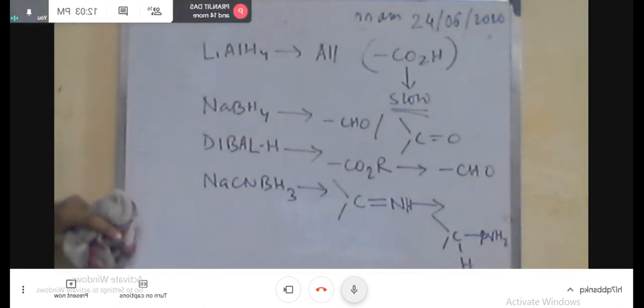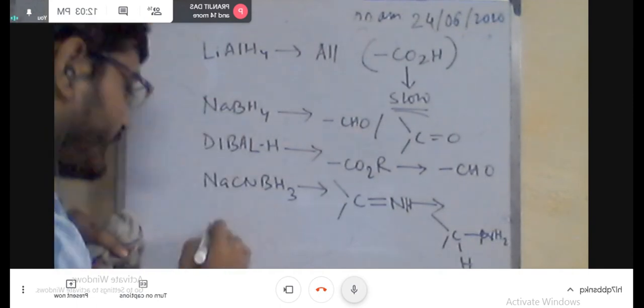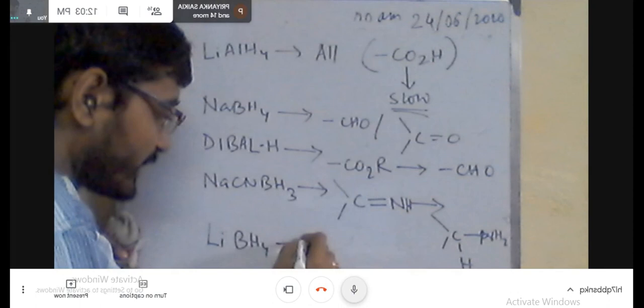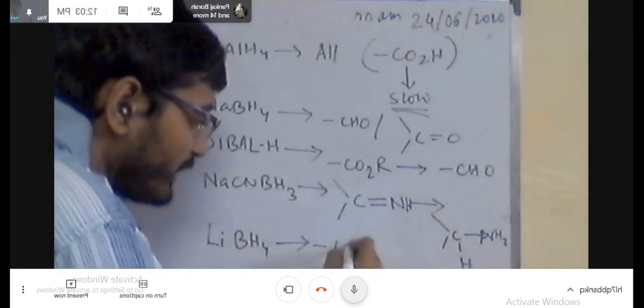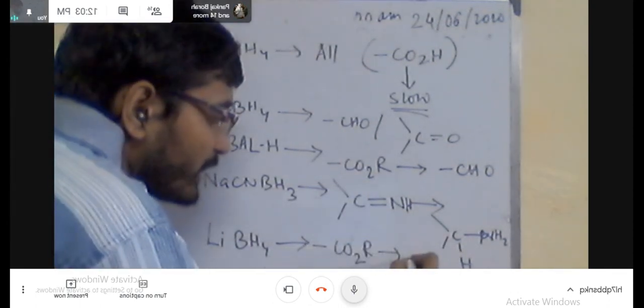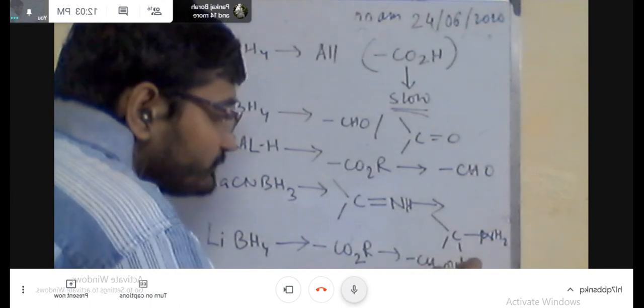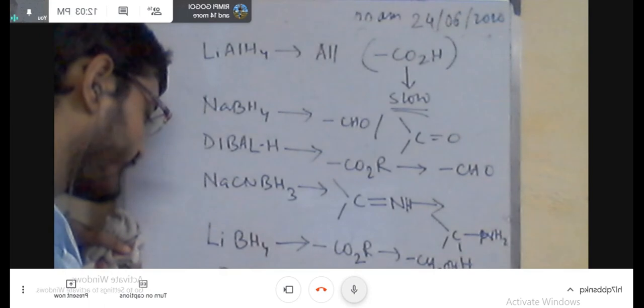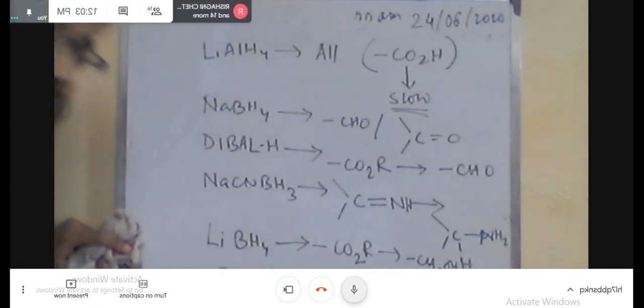So that's all from the metal hydride reduction procedure or metal hydride reduction pathway, and these are almost the important examples in competitive exams or in any other entrance exam. You can find this type of example there. Okay. So